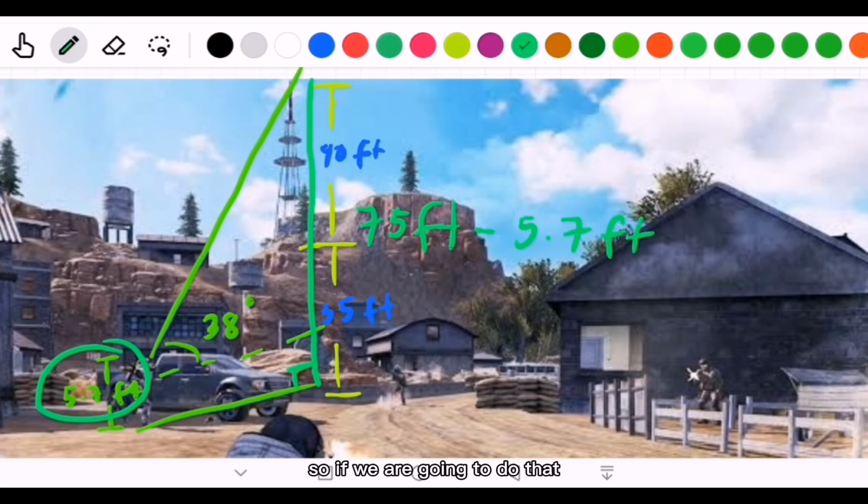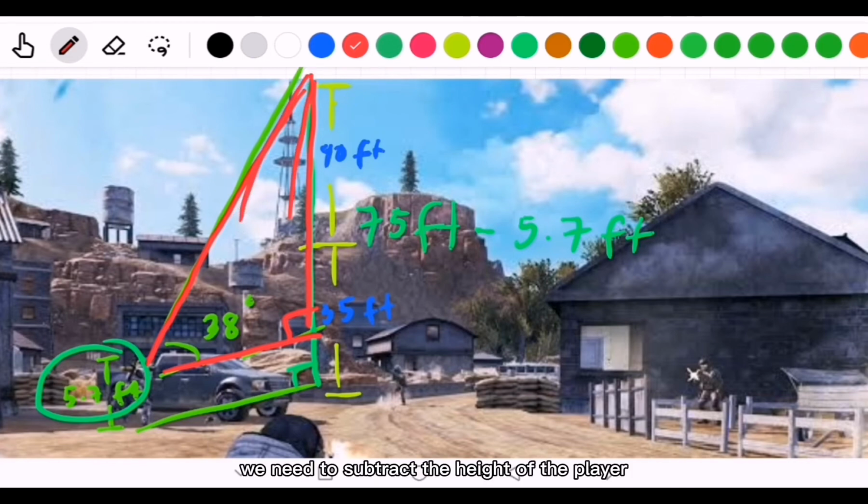If we do that, we'll be able to show the total height of this line of the right triangle from the tip of the tower down to the player's eye level. If we subtract the height of the player, which is 5.7, from 75 feet, therefore we'll get 69.3